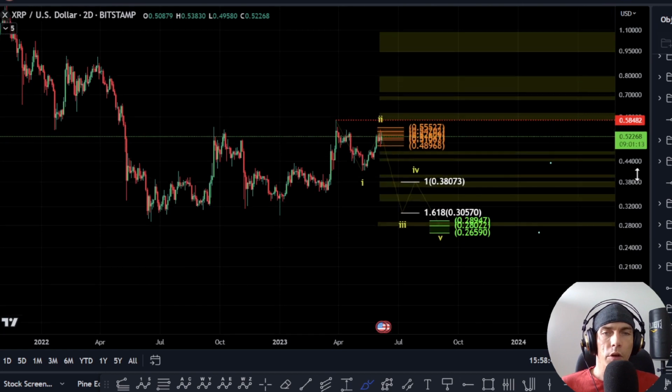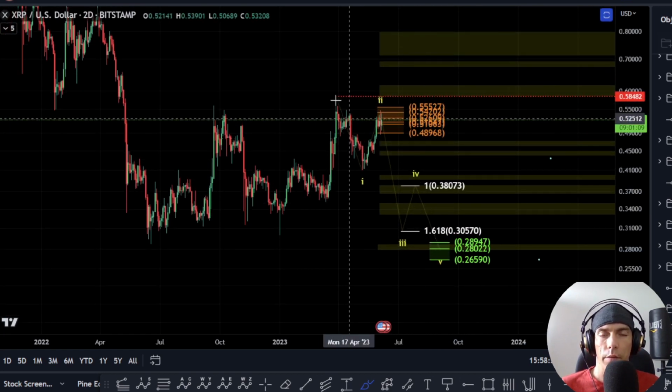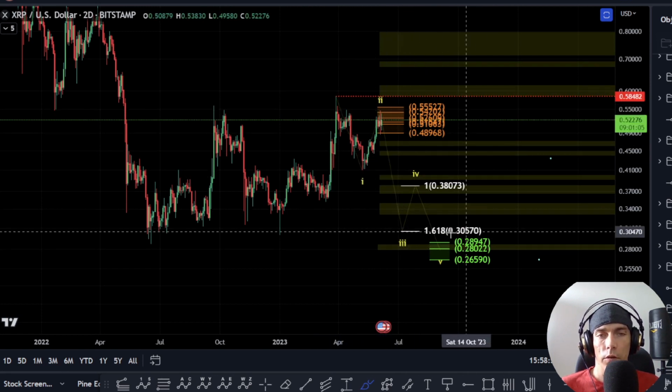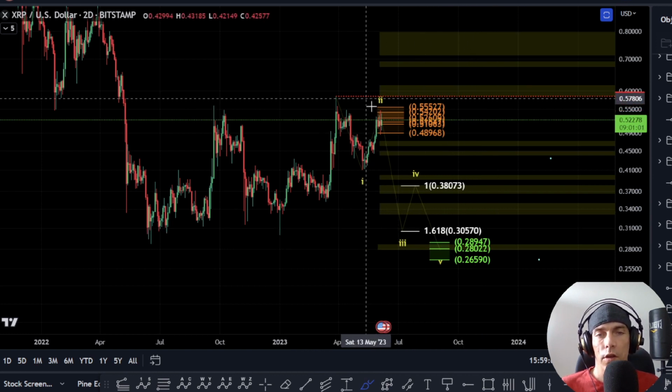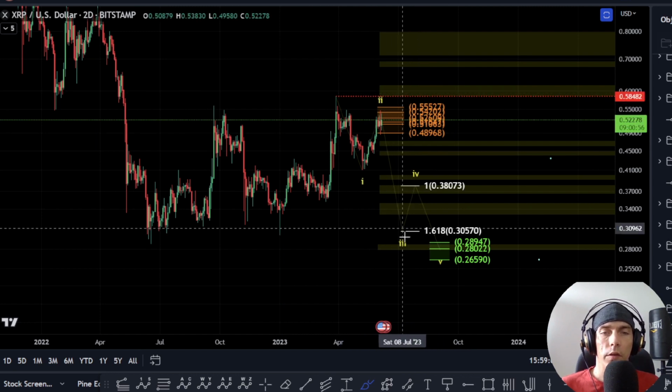We're looking at this potentially breaking down. What we'd be looking at this for is actually maintaining this high of this 5848, and then we'd be looking at this as 1, 2, 3, 4, and 5. So our target here that we currently have would be this 30 cent 57. A direct break to the downside past this point would tie in with this idea of having this bigger third